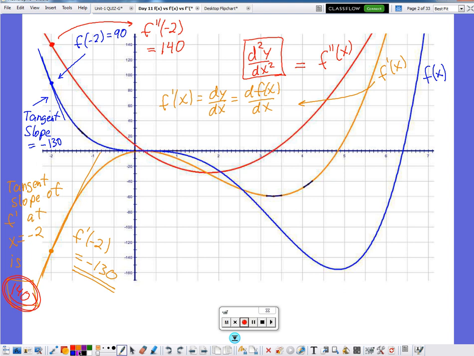Somebody, let's go down here. Somebody just raise your hand and tell me what is f of 4 equal to in this graph, I should say. Sorry, just switch back to the other page for Dawson's question. Negative 120. Okay, the negative 120 does not have any significance on f prime or f double prime. Got it? But if we go to f prime, right here, exactly the same x coordinate, so it's f prime of 4,